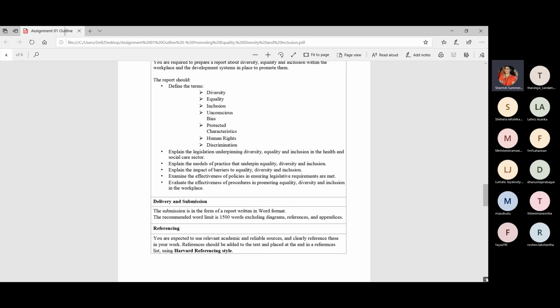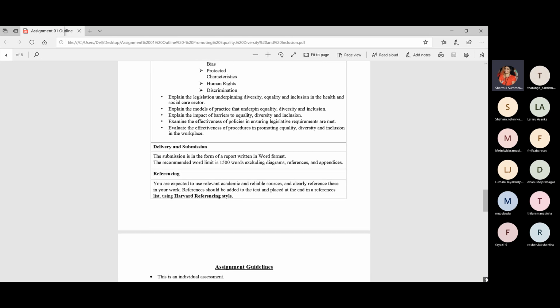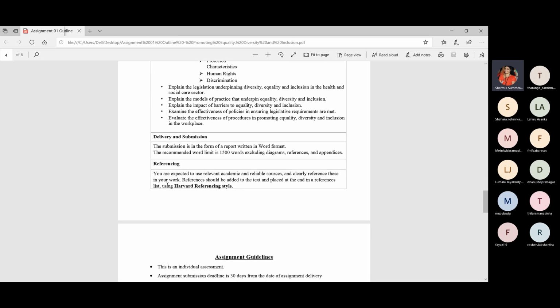I hope that you all have an idea how you are going to put the references, especially in the Harvard referencing style. I think Miss Ganguly explained it in detail. If you still have any doubts regarding the references, how to put the reference and add the citation, you can ask me.